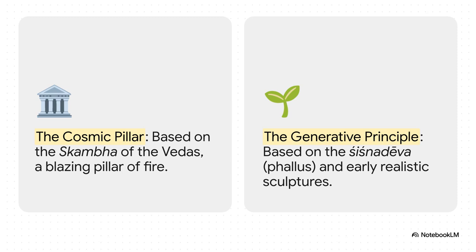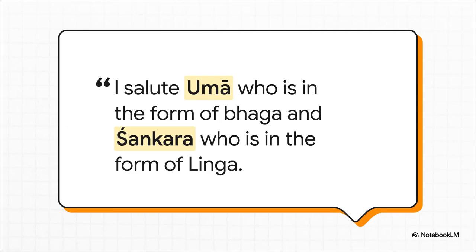But the other theory, which is backed up by some very early and very realistic-looking sculptures, traces it to the worship of the generative principle itself, known as the Shishnadeva. And later texts don't shy away from this connection at all. A ritual text by a scholar named Agora Shivacharya just puts it right out there, saying, "I salute Uma, who is in the form of Bhaga, and Shankara, who is in the form of Linga." So this really shows how the symbol was understood as this profound representation of that divine cosmic union that creates